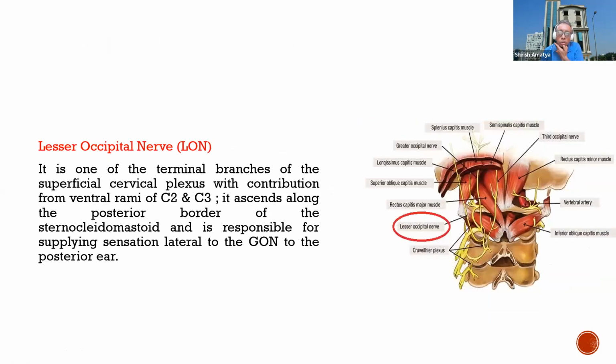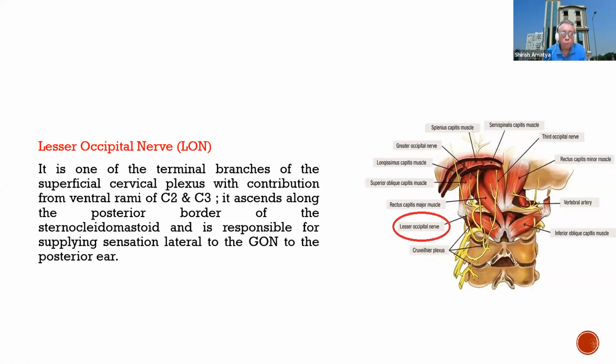Coming to the lesser occipital nerve. This lesser occipital nerve is basically the terminal branch of the superficial cervical plexus, and it also has contribution from the ventral rami of C2 and C3. As shown in the picture, this is the superficial cervical plexus, and this nerve is the lesser occipital nerve, which usually has connection with the ventral rami of C2 and C3, and it ascends upward along the posterior border of